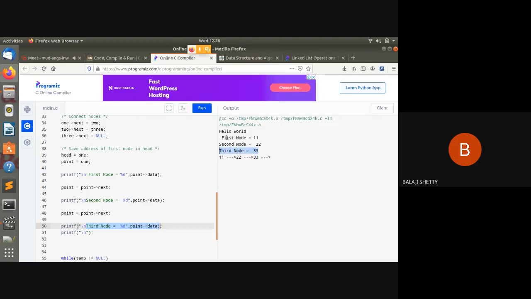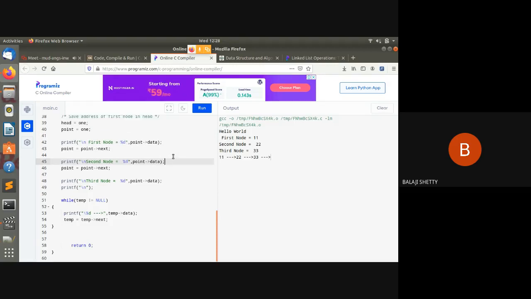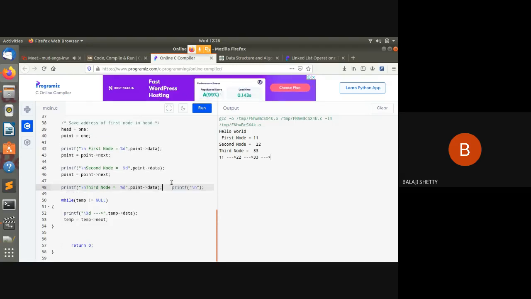So in this way I have got these outputs. Understood this simple concept? But suppose there are only 3 elements, I can write this printf statement 3 times. What if there are 100 nodes in the list? How to do it? Simply write one for loop. Okay, and in that for loop,